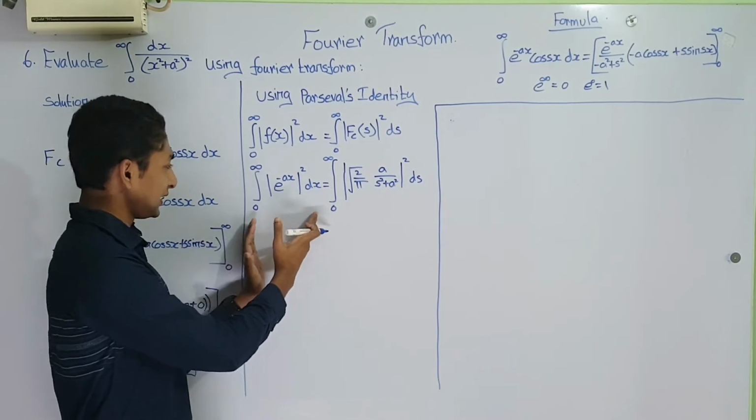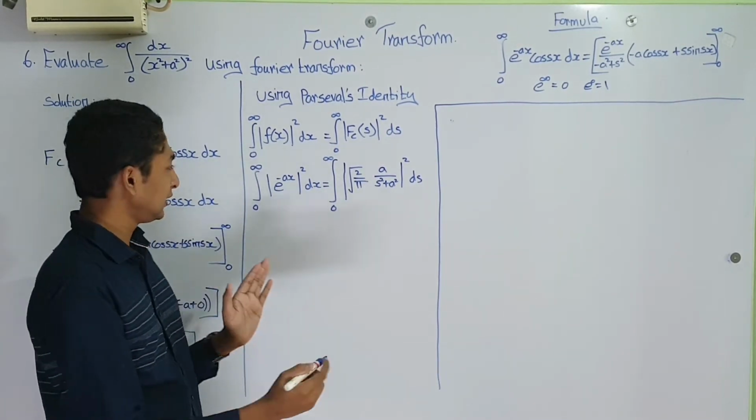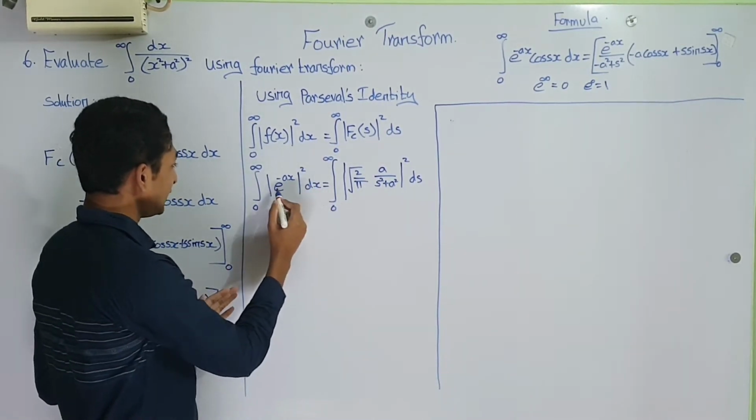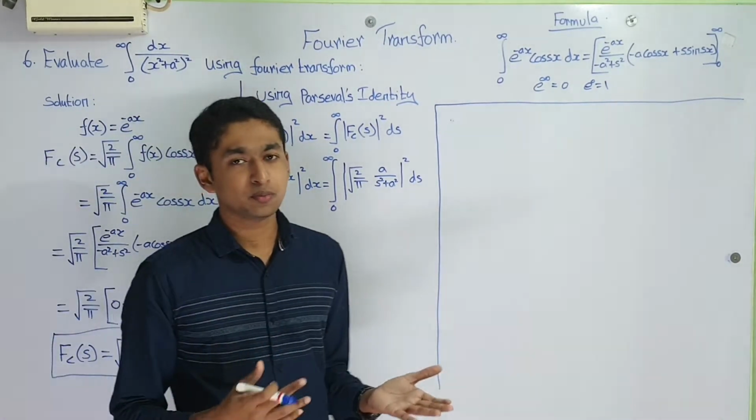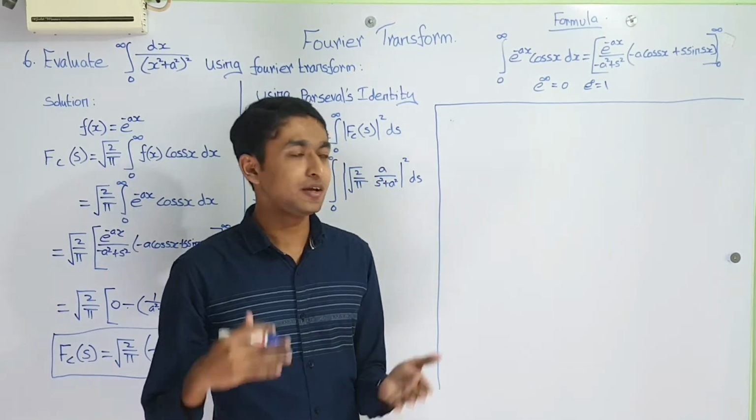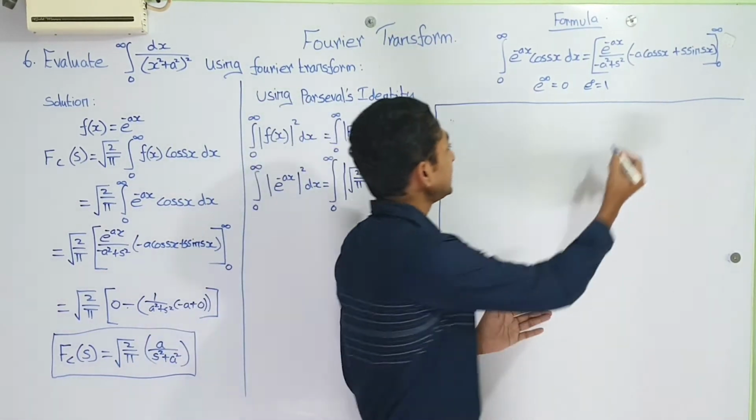Just see the left hand side. On the left hand side, we have the whole square and e power minus ax. So this is a formula we have studied in lower classes. We have studied a formula, which is